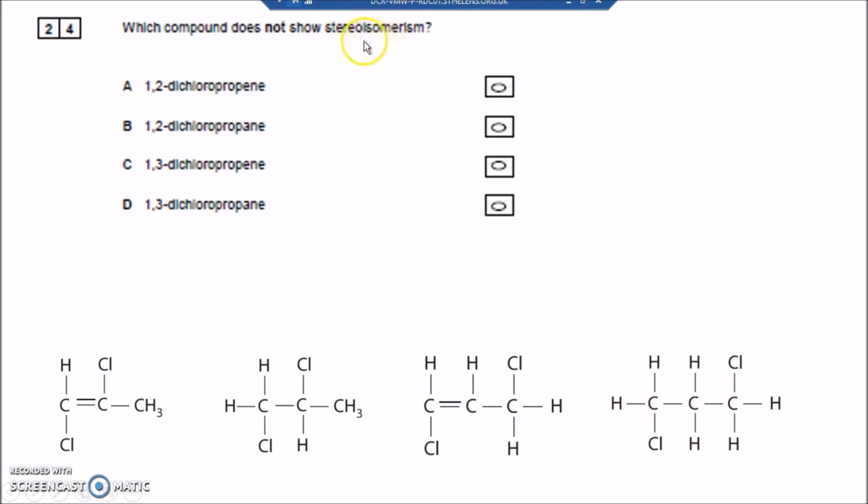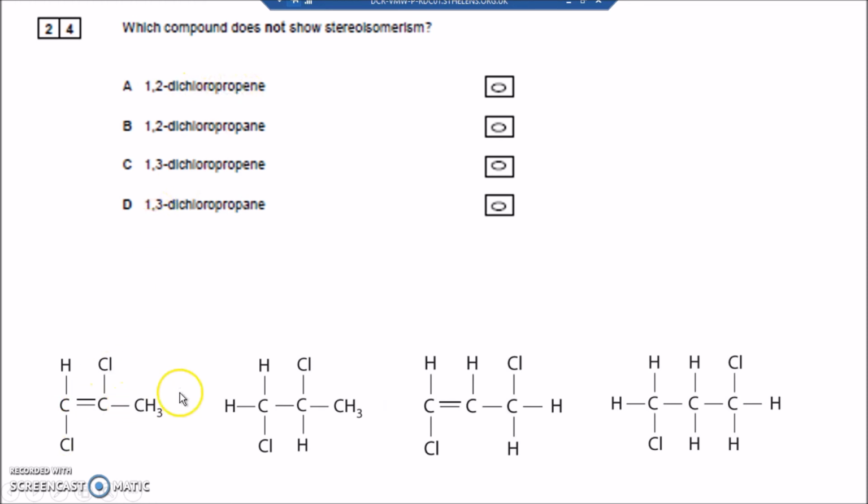Well, remember, there's two kinds of stereoisomerism. There's geometrical isomerism, where either side of the double bond you have two different groups. So I've got two different groups to the left of the double bond, two different groups to the right of the double bond. So that will show stereoisomerism. It will show EZ isomerism or geometrical isomerism. The Cls have larger atomic numbers. So this one's down and this one's up. This would be